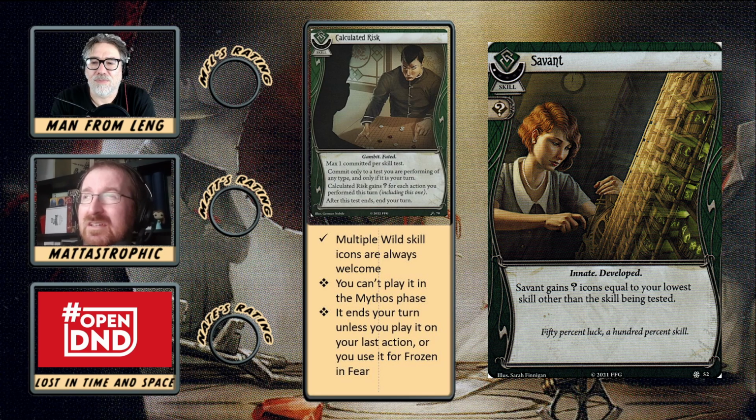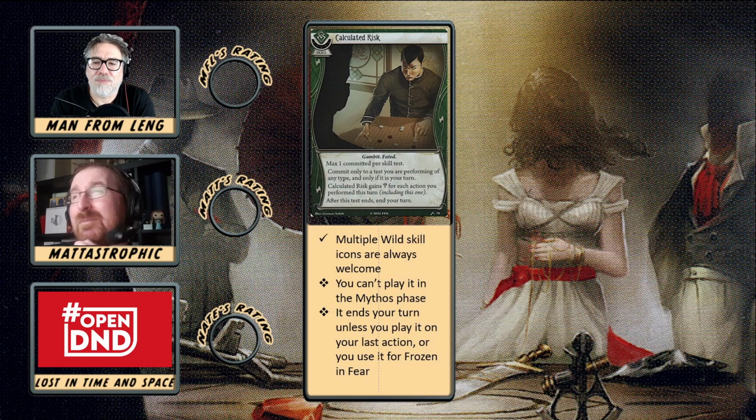So I think in a lot of cases you can use this as your 0 XP proxy for Savant, because Savant just works. Depending on the investigator, of course, but in most investigators who could take Savant, it's giving you at least 3 wilds, and that's really nice. I love Savant. So I can see this being the 0 XP Savant. I don't think I'd play 2 copies,